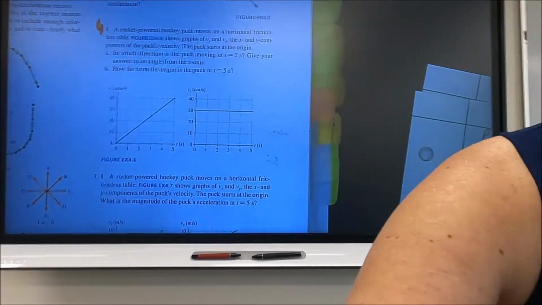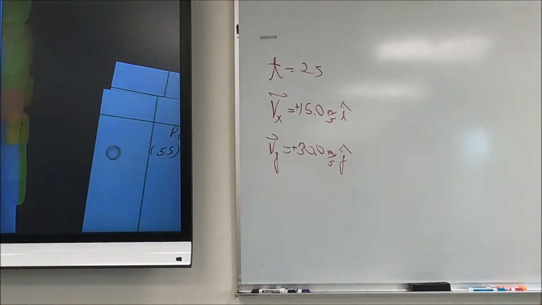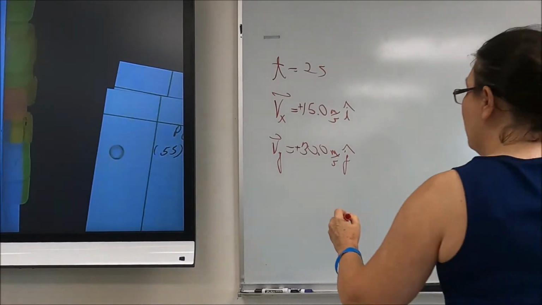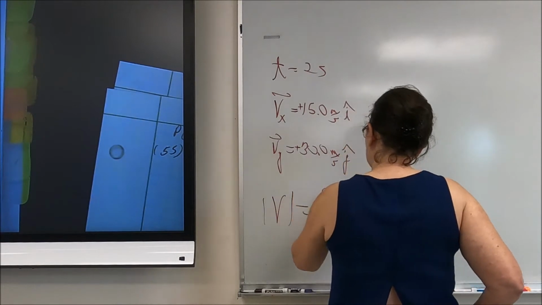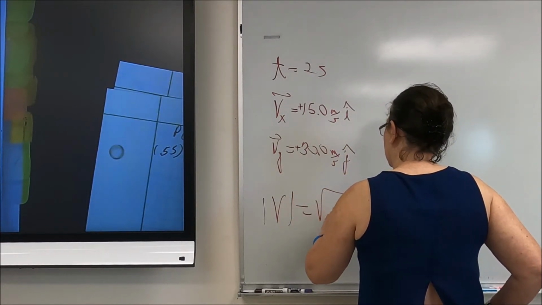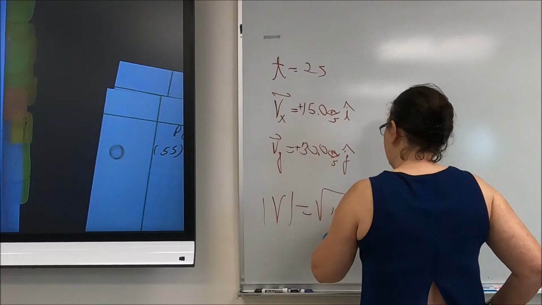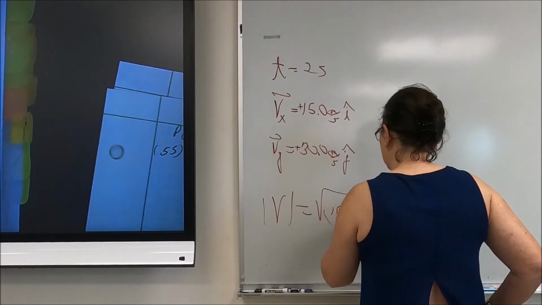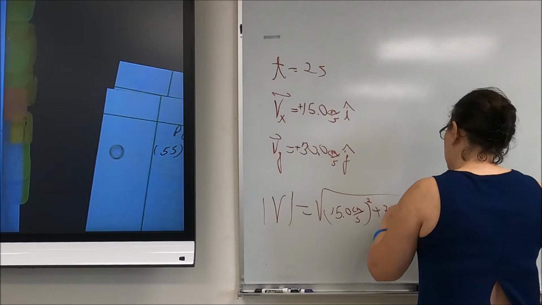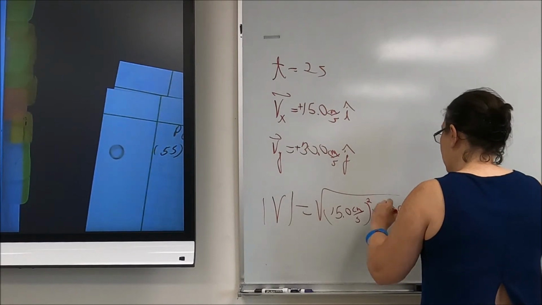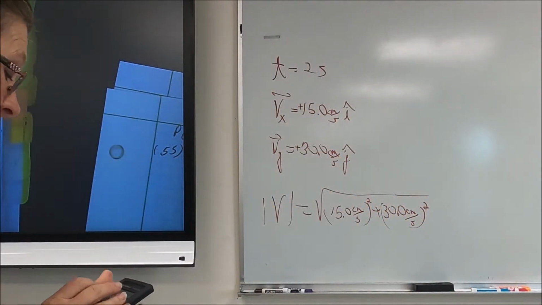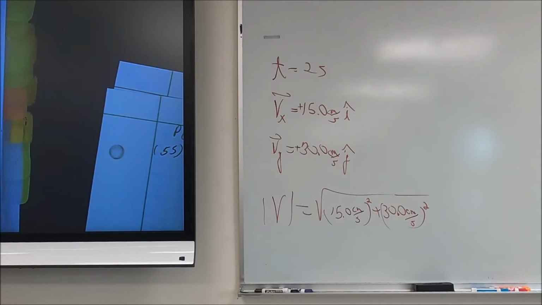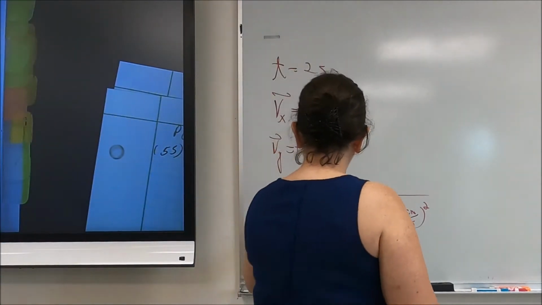Now, let's slide over here for a sec. So that means the magnitude of V is just going to be the square root of 15 centimeters per second squared plus 30 centimeters per second quantity squared. So let's plug it through. 15 squared plus 30 squared, square root. So I get